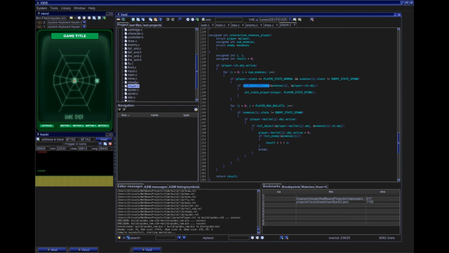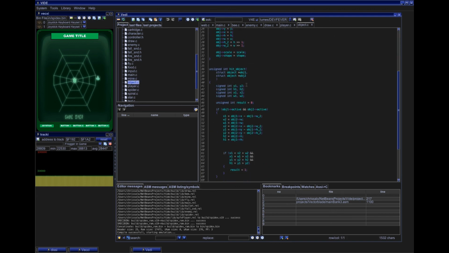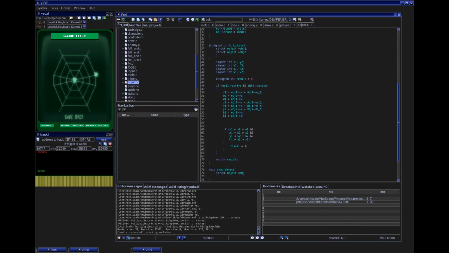Where is this thing? The hit object, was it in here? This is an actual hit object function, which is not too bad. I don't say that. This is pretty fast, even if it looks a little bit involved. It's a pretty good collision detection. But